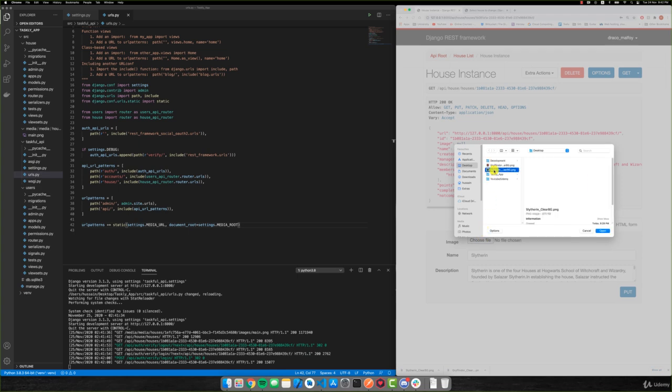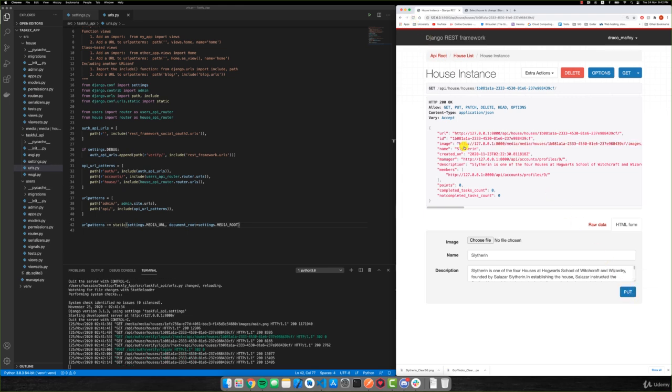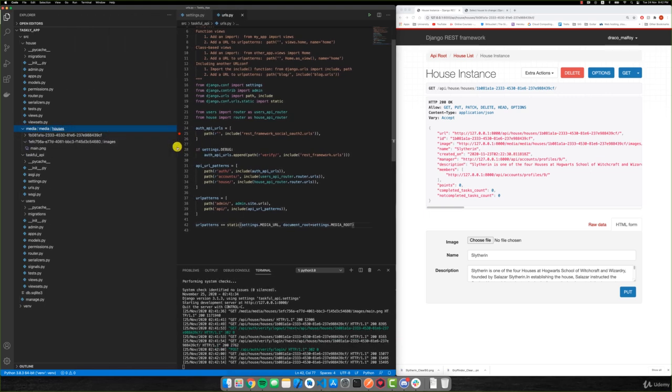And then the file that I'm going to select is the one that I downloaded from the internet. Click on open and then do put. And now you should see that the file is successfully uploaded. If we go to our media folder, you're going to see that we have these two new folders. And if I extend them, you're going to see that they follow the convention that we had defined inside of our file field for our house model,